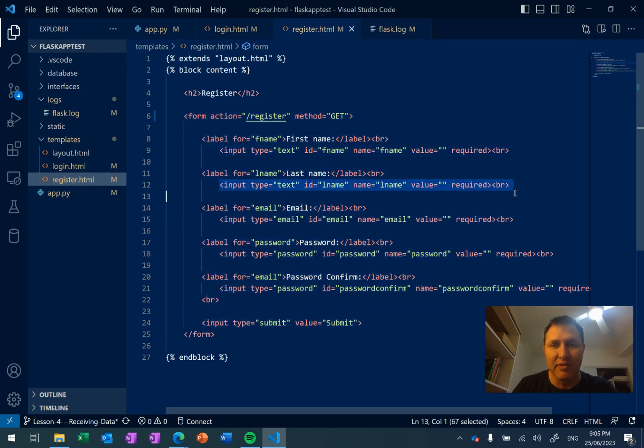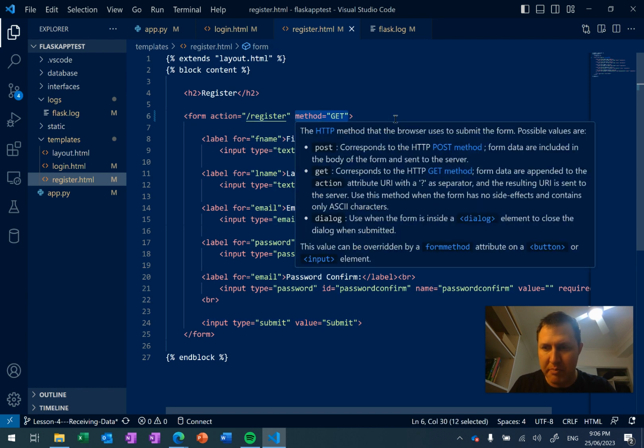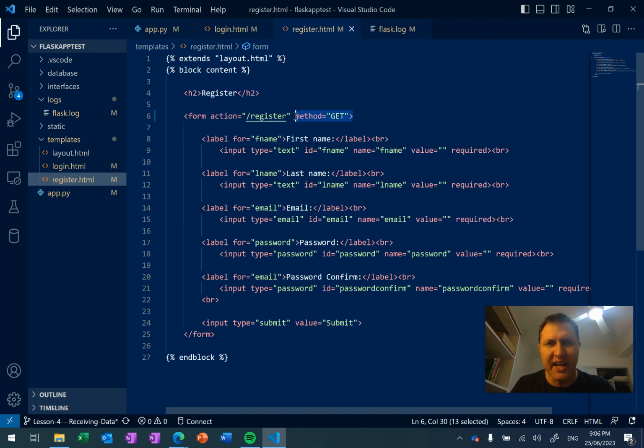We're going to send those 5 inputs to the register page, and that's triggered via the submit button. The submit button is a very special HTML type that will send the data to the action. The other thing we can do is choose the method. Currently, I've just got the method as get, and I'll show you what happens if you have the method as